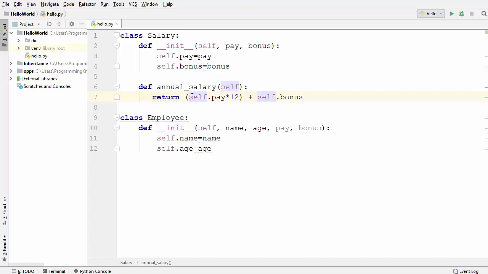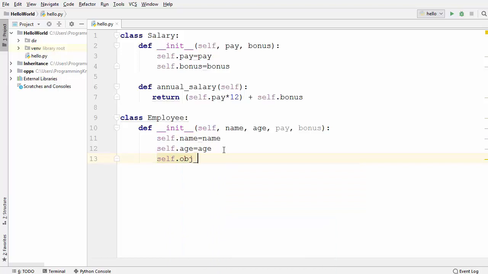So this salary calculation, let's say we want to delegate to the salary class, but whose salary is this? This salary is the employee's salary. So we know that we cannot use inheritance here, but we can use a concept called composition here. And the composition means that we are just delegating some responsibility from one class to another class. So how to delegate this responsibility? We can just create one more variable here. For example,